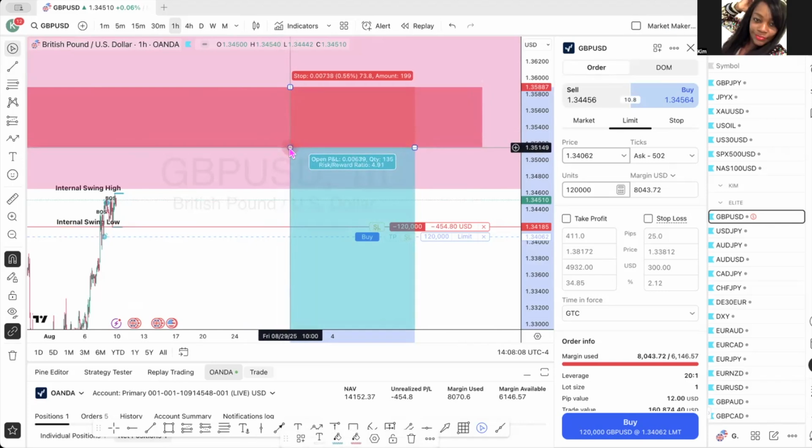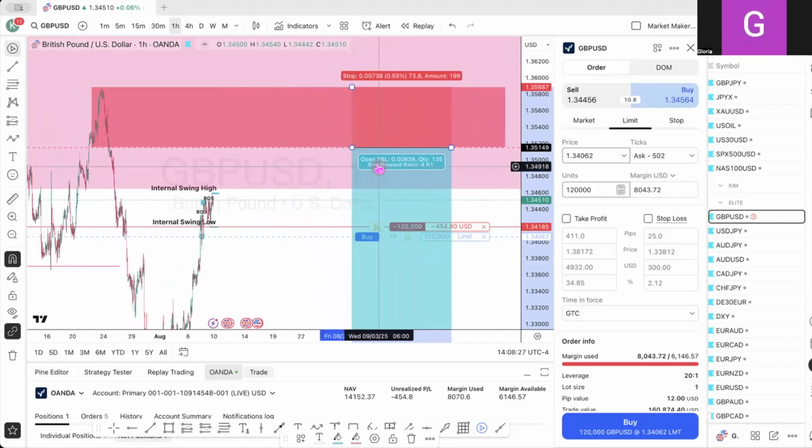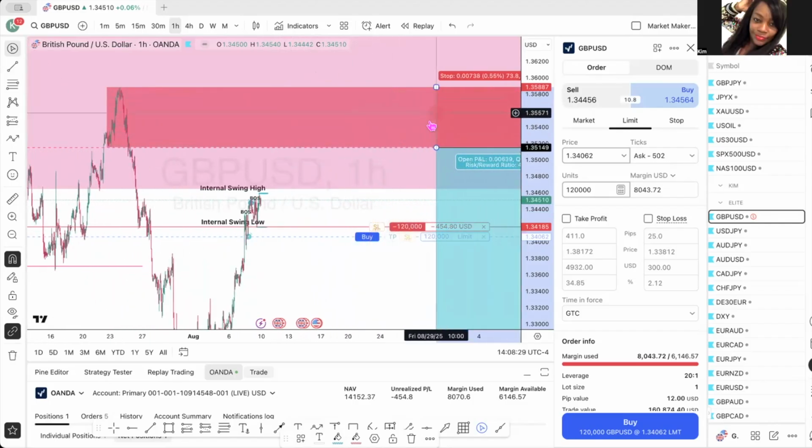You just want it to be as close as possible. So once the alert goes off, I have this short position. That means I'm reminding myself that I'm looking for sells. Once price gets up into this daily zone,